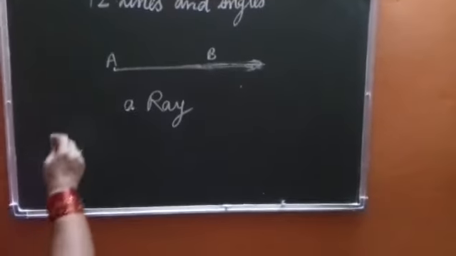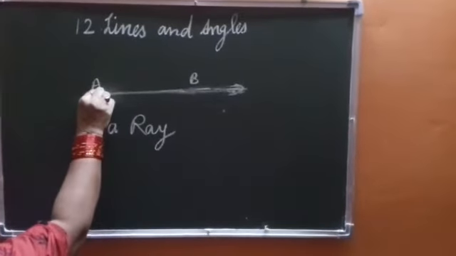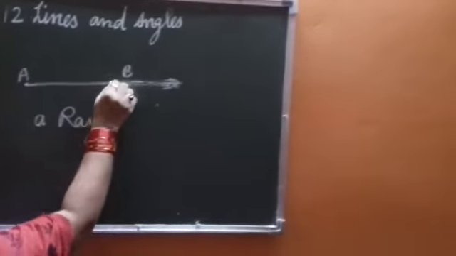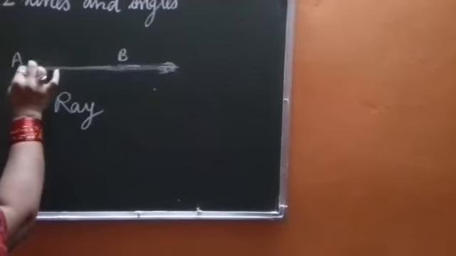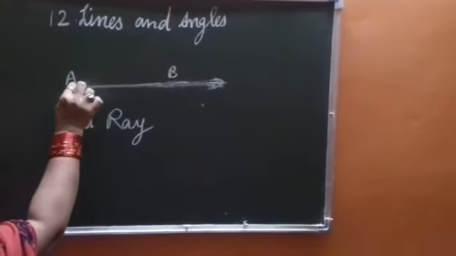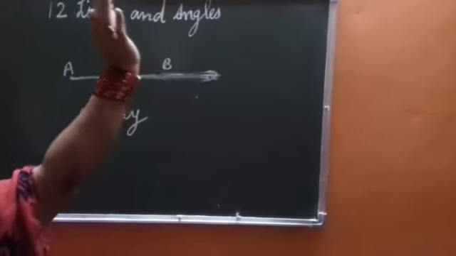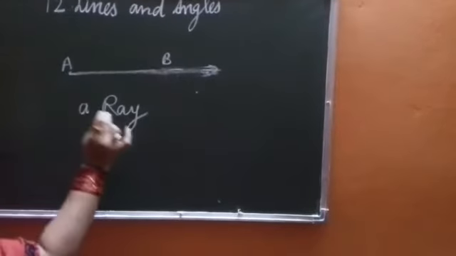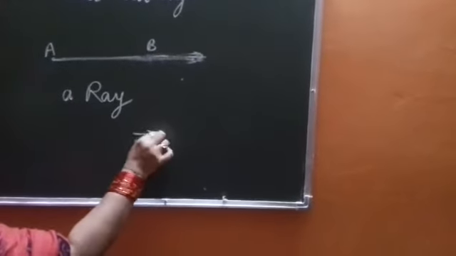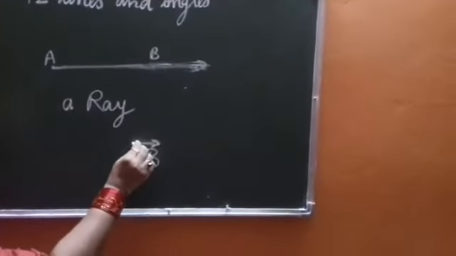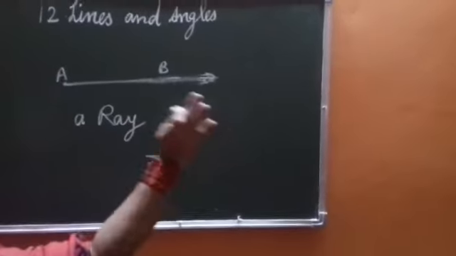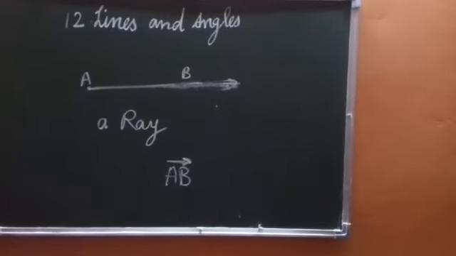This point is called the initial point, and it has only one end point. And since in one direction it is endless, हमें नहीं पता ये कहाँ तक जाएगी, तो we cannot measure it. हम इसको नाप नहीं सकते, इसकी length infinite हो सकती है, okay? Because only one point is fixed, another point it may go anywhere. So this cannot be measured. And if we have to represent a ray, we represent it like this, AB, and then we show an arrow mark like this. It shows one point is fixed, another part can be extended endlessly in one direction. So this is about a ray.